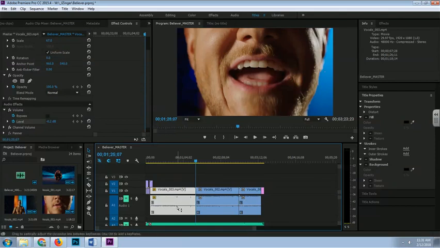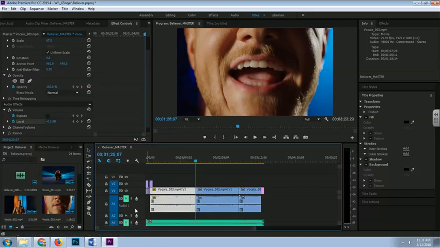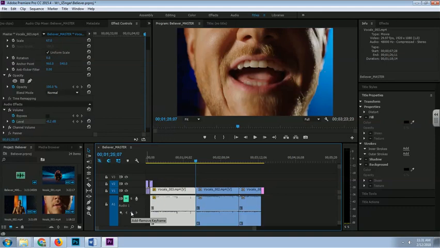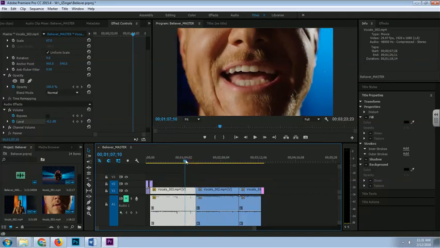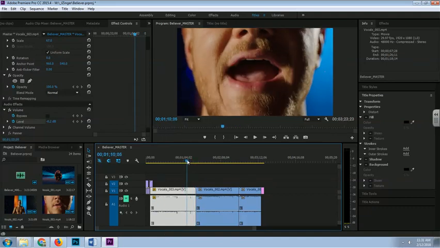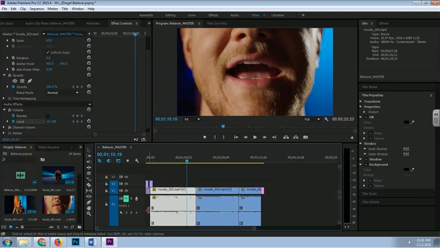If instead of that, though, I want to fade the song out or fade the clip out, let me expand this a little bit more. If I expand so much that I can see keyframe options here, I can add keyframes. And so what I'll do is, let's say I want to fade this out. I will put my cursor where I want it to be and then click to add